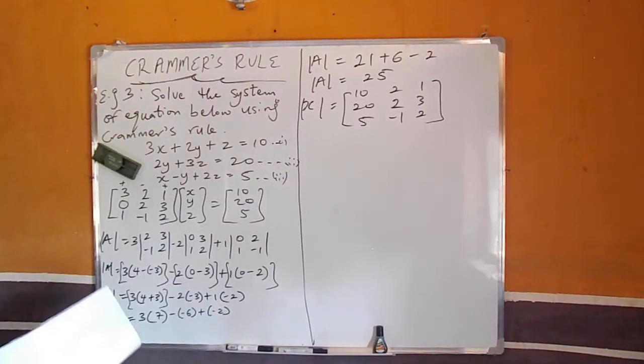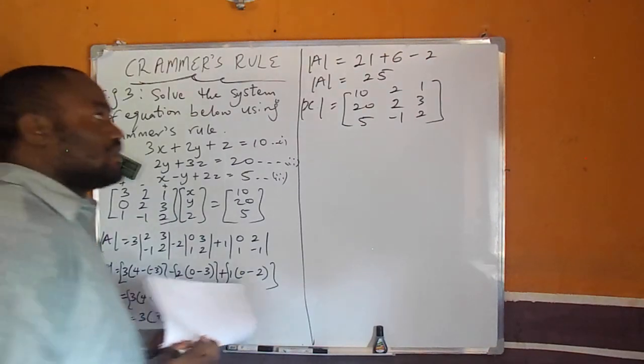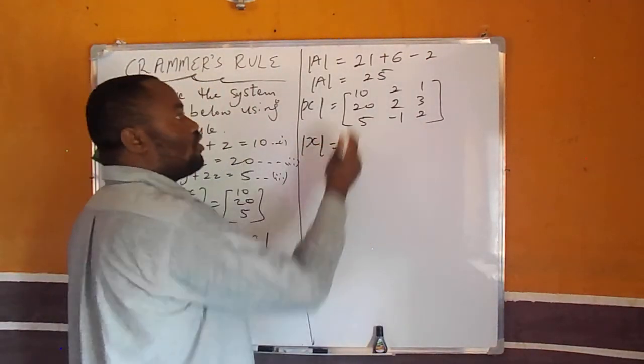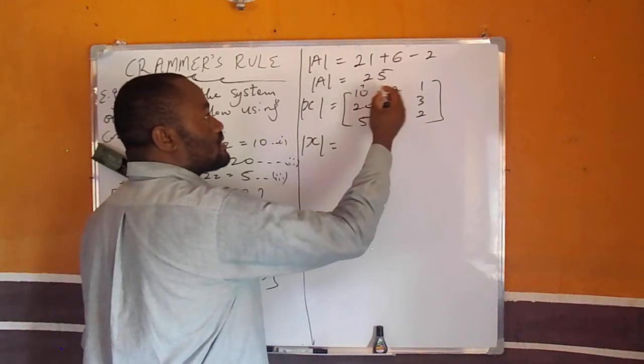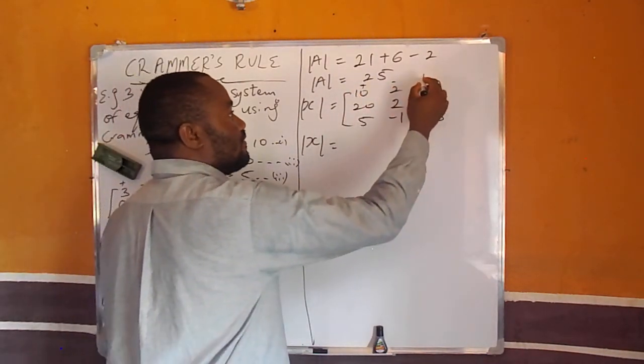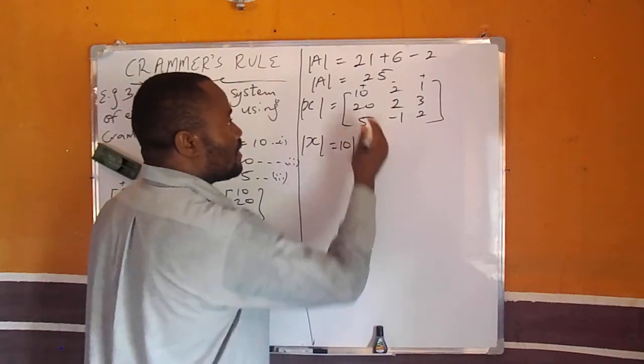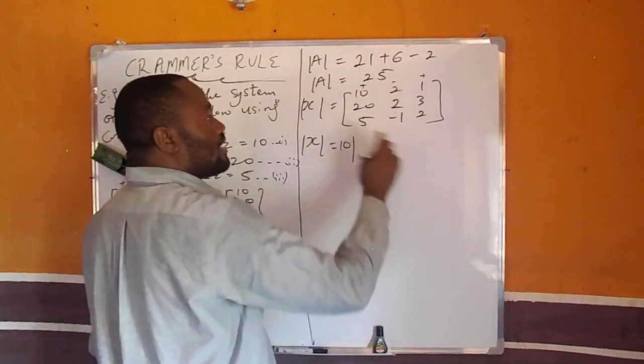Now we can look for the determinant of x. Looking for the determinant of x, we now say determinant of x equals to, remember here is positive, negative, positive. So we now say 10. When we eliminate all what are on the same row and column with 10, we have